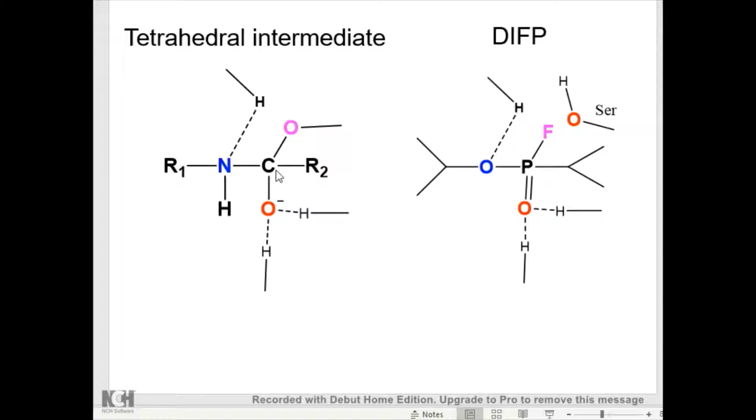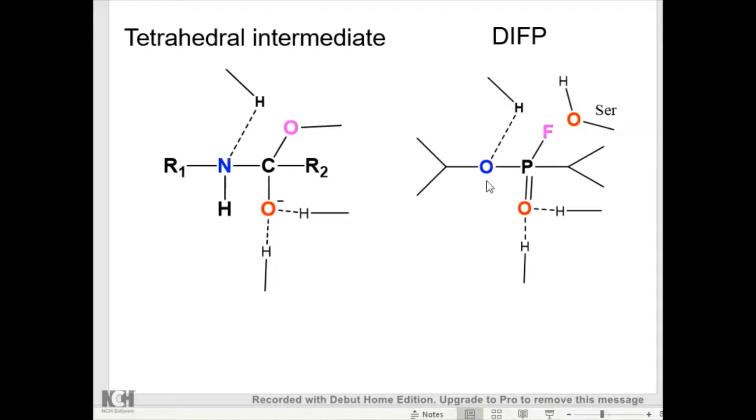both phosphorus and carbon are tetrahedrally coordinated, which means that DIFP has geometrical complementarity to the active site of serine protease. The second thing that I would like to draw your attention to is the negative charge on this oxygen that is located in the oxyanion hole, and the delta negative charge on this oxygen that is also located in the oxyanion hole. More similarities: nitrogen can form a hydrogen bond with hydrogen provided by the imidazole ring,